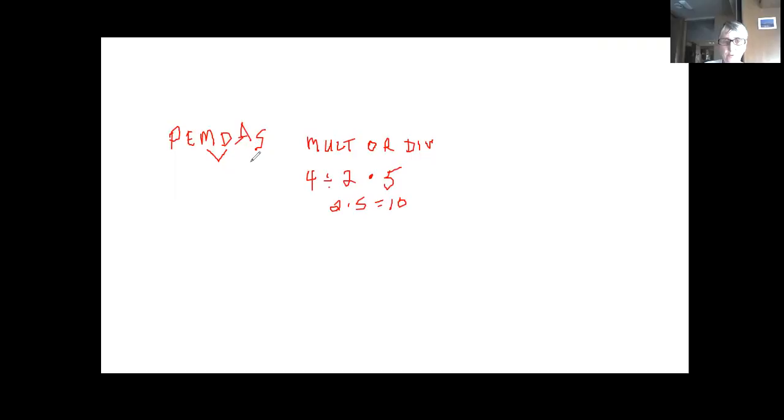Same thing is true for addition and subtraction. It's addition or subtraction, the order in which they come from left to right. So if addition comes first, you do it first. If subtraction comes first, you do it first. So be careful with that. It's a good acronym. It does help people remember the order of operations, but it can also mess you up just as easily. Let me give you an example of